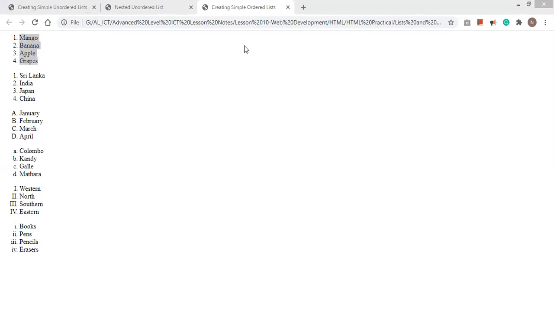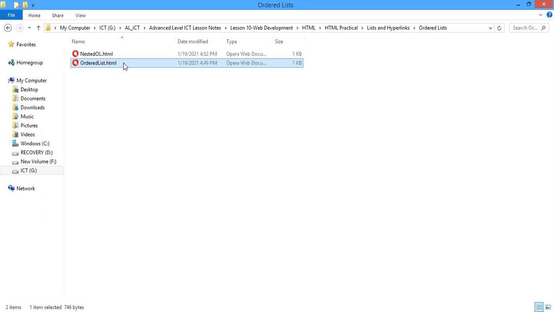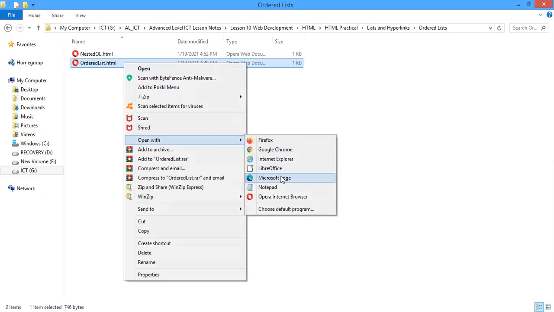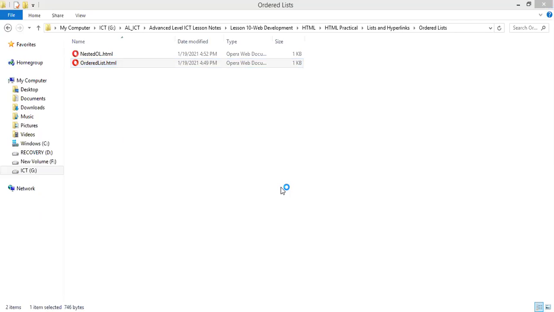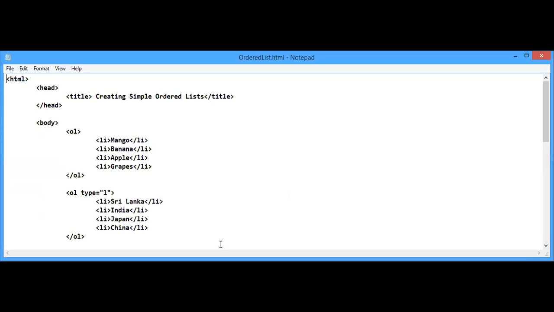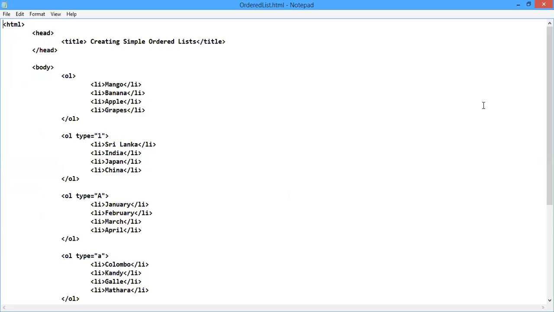Now we can move to the coding of this file. You can see the coding. For an ordered list, we are using the OL tag.